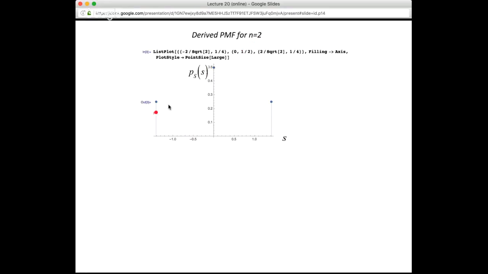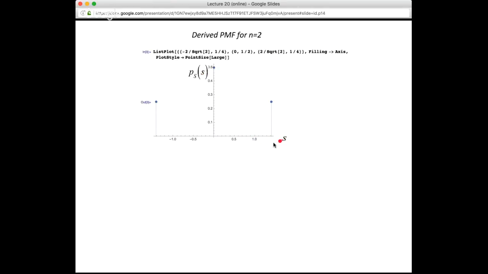And look, it doesn't really look like the normal distribution, but you can imagine it's getting a little bit like the standard normal in the sense that we have a peak. The highest peak is at S equal to 0, and then we have lower probabilities in the flanks. Now, if we wanted to compare this directly to, say, a standard normal PDF, we'd have to change up the units, because currently the units of this PMF are expressed in probability, whereas, of course, the units of a PDF are probability per unit,